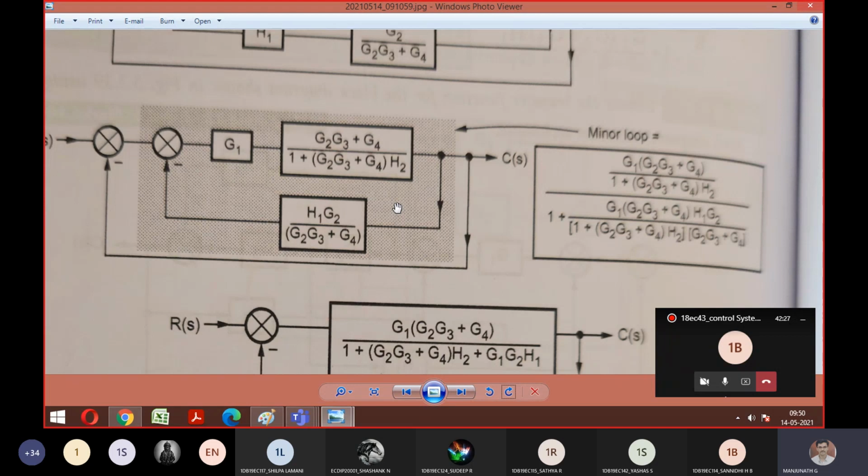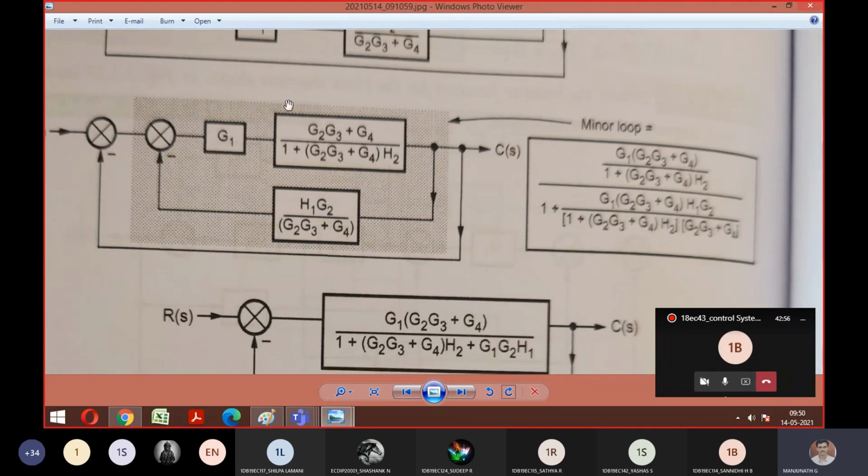You can verify your answers, guys, everyone. So G1 into this complete answer, that is the cascade thing first. Then you should do the elimination path. This complete is G. So G divided by 1 plus, because minus is here, so it's plus. So the complete term you got with the LCM chosen, into this block. So G divided by 1 plus G into H. H is this answer. Is it the answer you got, everyone? For this complete elimination, just verify once. Is it the same answer you got?